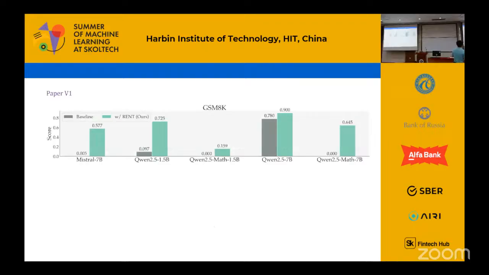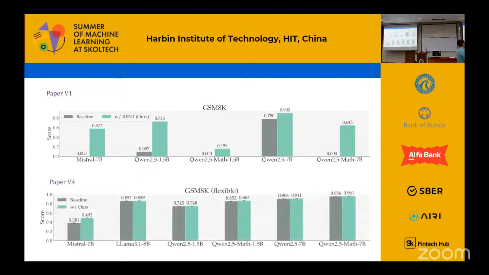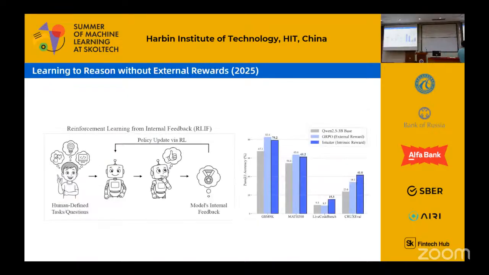For example, in this paper, version 1 was posted to arXiv. It reports a significant improvement; you can see the improvement is huge. But someone pointed out that there are some evaluation problems with their baseline. After they refined the baseline, the improvement is very marginal or almost none. This is the latest version, V4. That's why I see there are potentially some pitfalls for this kind of research in RL and LLMs. We should be very careful about the evaluation.